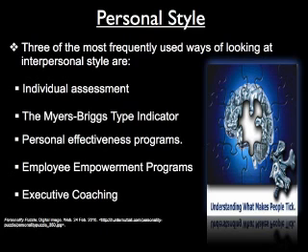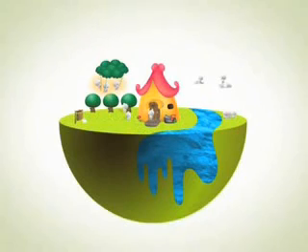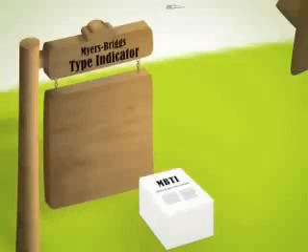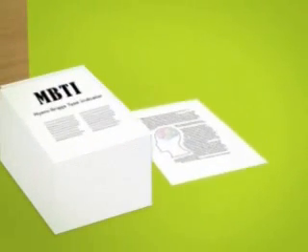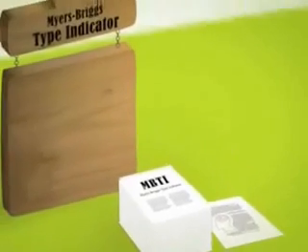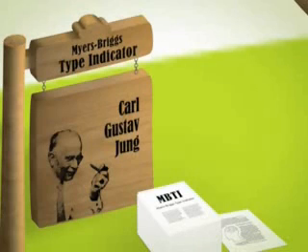They focus on the worker's abilities, intelligence, personality, characteristics, and personal information. This information is used to predict how the employee will behave in the future. Next, we have the Myers-Briggs Type Indicator. The Myers-Briggs Type Indicator is a personality questionnaire designed to identify certain psychological differences. Developed by Katharine Briggs and Isabel Myers, based on the typological theories of Carl Gustav Jung.